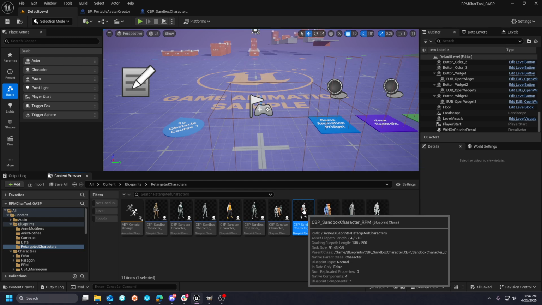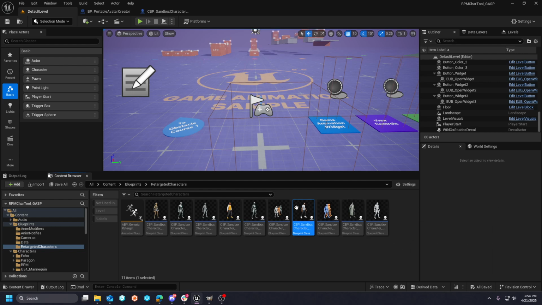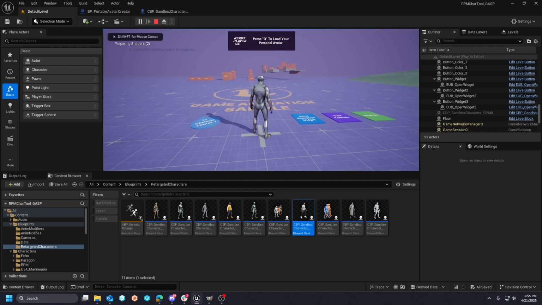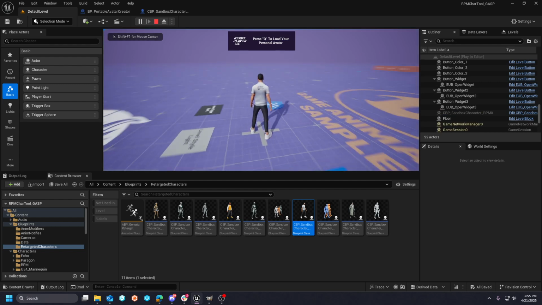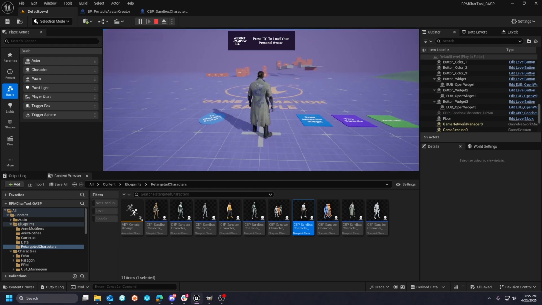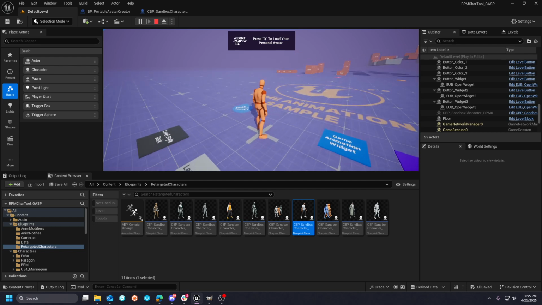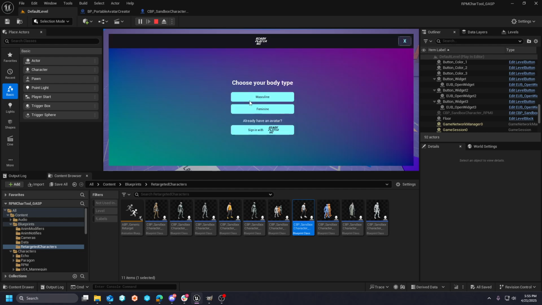That also includes the component that you need. And a part of that meant that I check for whether or not the character class implements the interface, because if we hit play here and I hit in, it toggles through all of these characters. So I didn't want to break that functionality. I wanted to keep as much intact as I could. And then if we're not on a Ready Player Me and I hit Q to try to load, it's going to say, hey, I can't do that because I don't have the interface. But if we cycle back around, you'll see that we can hit Q